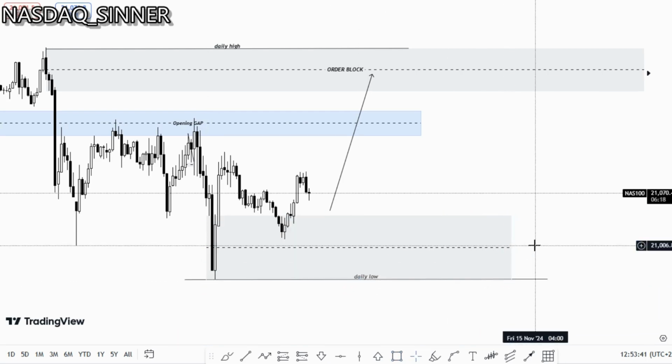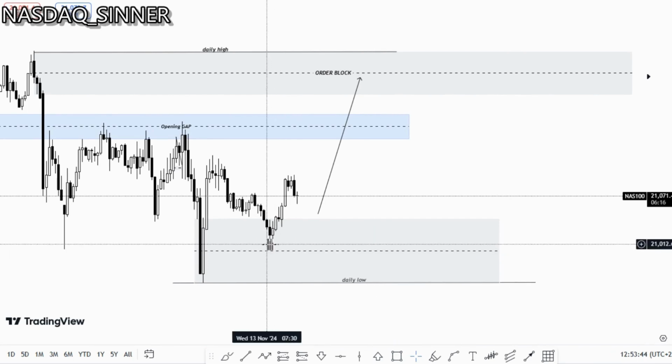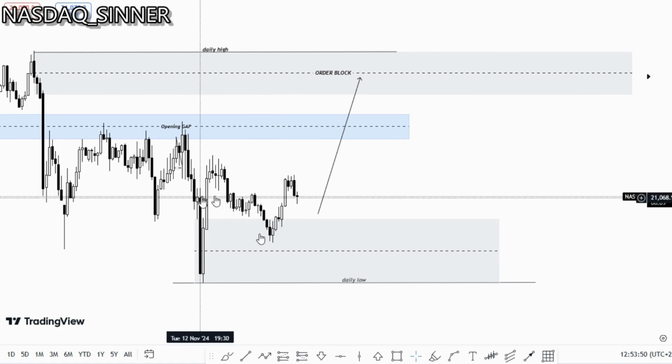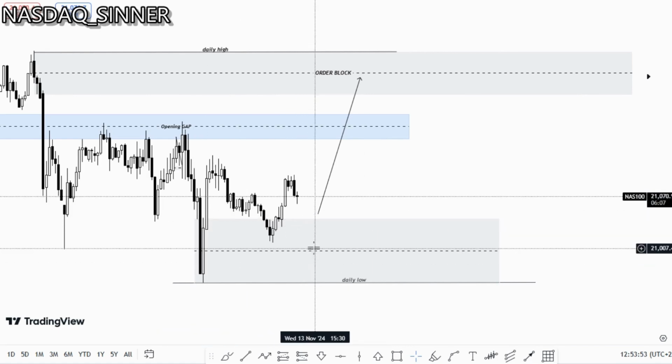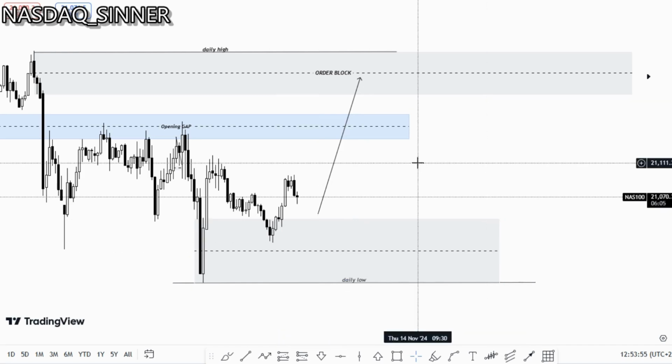utilize it when it comes to 15 minutes time frame, right? Because we have to check a good entry when it comes to any time frame. So I'm gonna end on 5 minutes or 15 minutes. So this is 15 minutes, and then I had a break of structure over here,